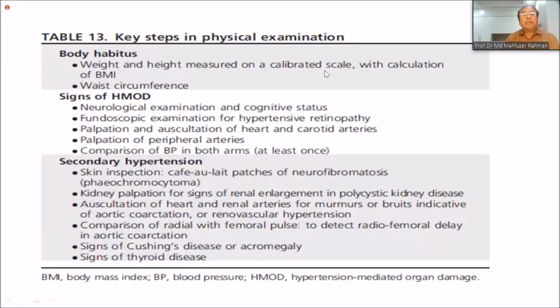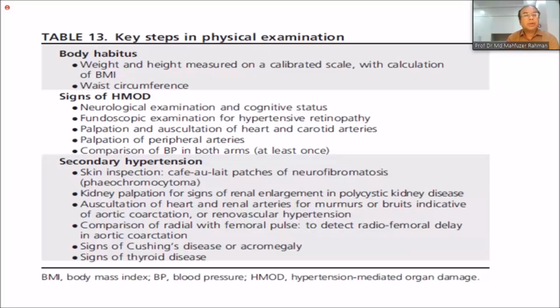In physical examination, we should remember the following things: patient weight and height and BMI calculation, waist circumference, and signs of hypertension-mediated organ damage like neurological examination, cognitive status assessment, fundoscopic examination for hypertensive retinopathy, palpation and auscultation of heart and carotid arteries, palpation of peripheral arteries, comparison of blood pressure on both arms,